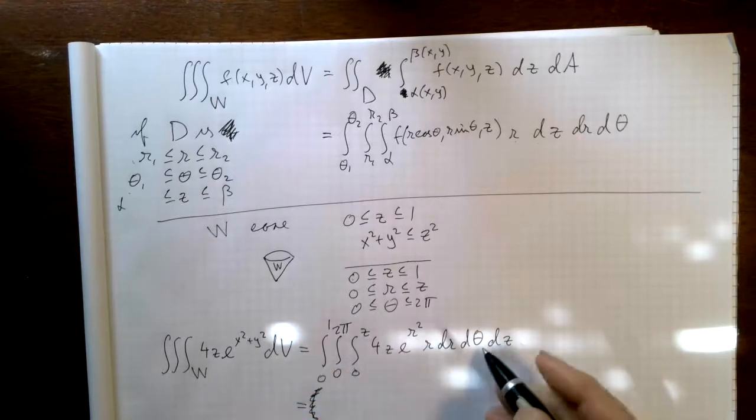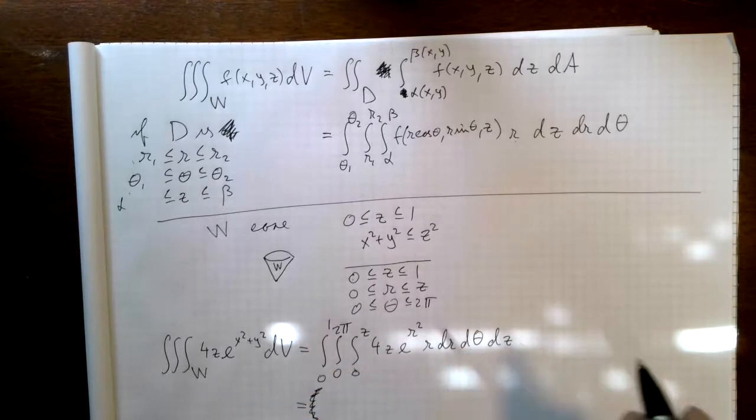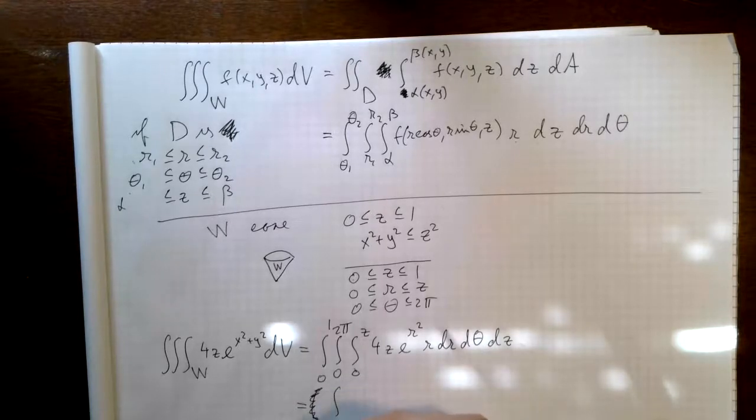Let's do this first. I can pull out the theta, the integral from 0 to 2 pi d theta, times